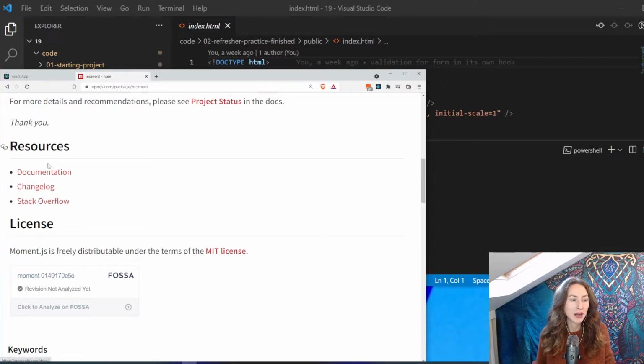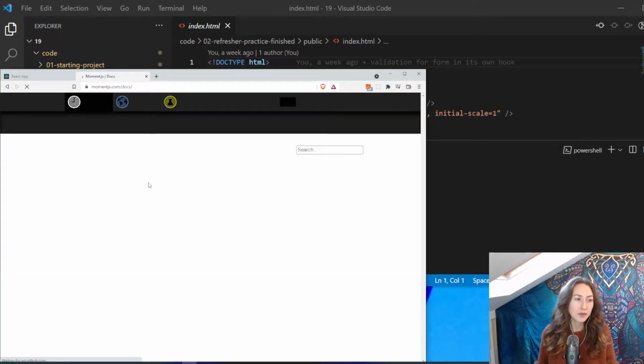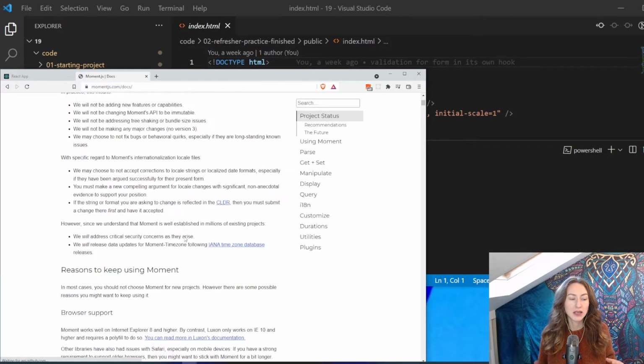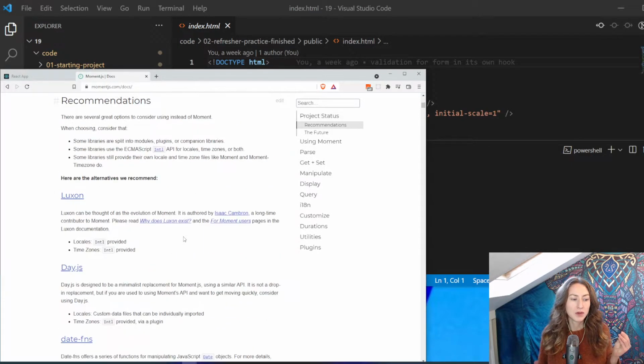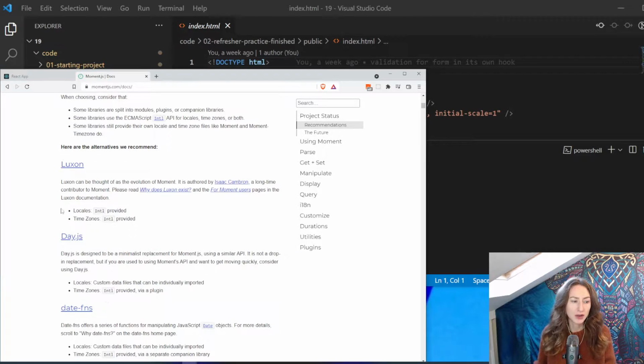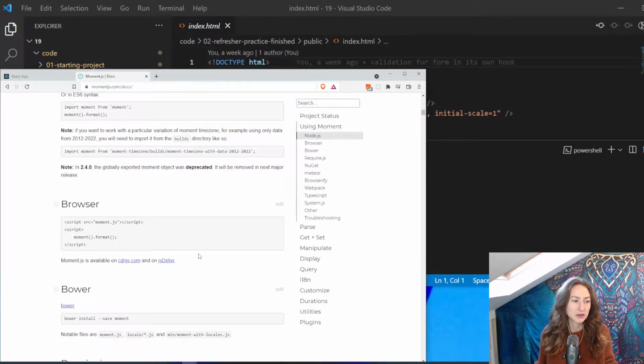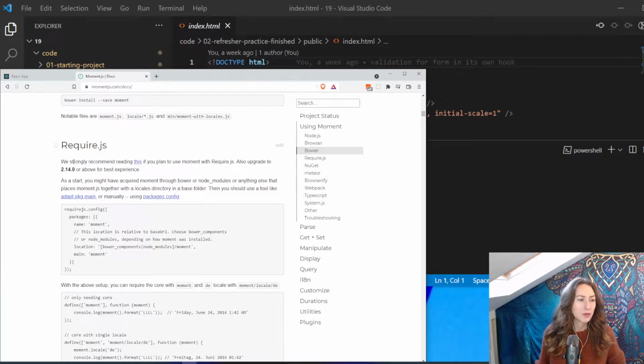So you can come in here, here's documentation, and you can do loads of different things. This will allow you to make your time management easier. So here we go, we have day.js, a minimal replacement for moment. I just want a few examples here, guys. So first of all, you want to